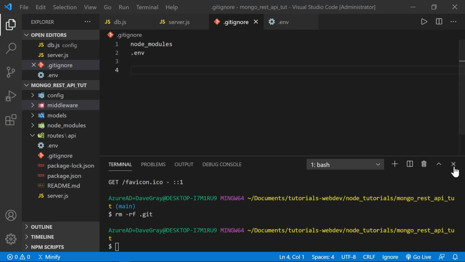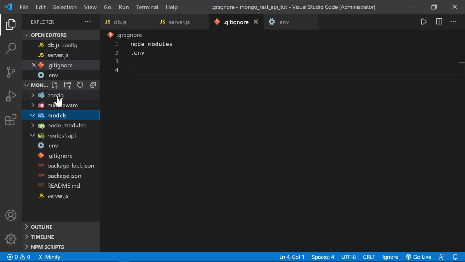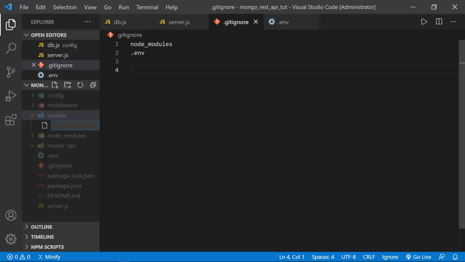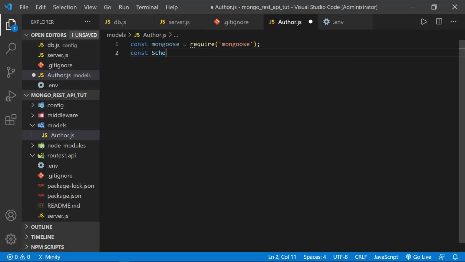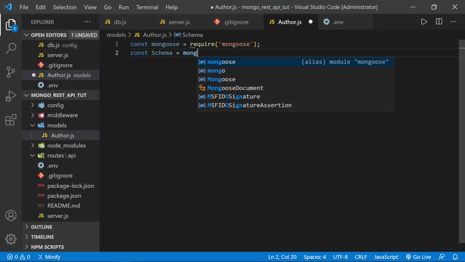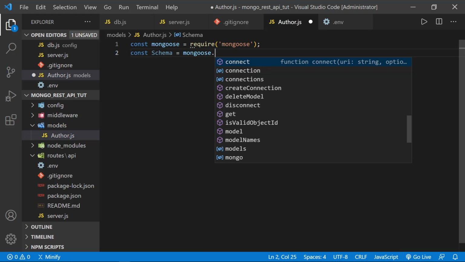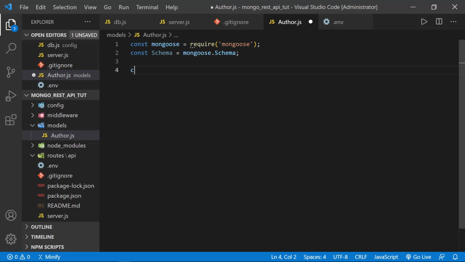I'm going to close the terminal window again, and let's get started on the models. And we're going to have one for each collection that we have in MongoDB. And the first one will be Author with a capital A.js. And inside here, we'll define mongoose. It's equal to require mongoose. And then we'll define a Schema with a capital S and set that equal to mongoose.Schema with a capital S. Then we'll define an authorSchema, set it equal to a new Schema,